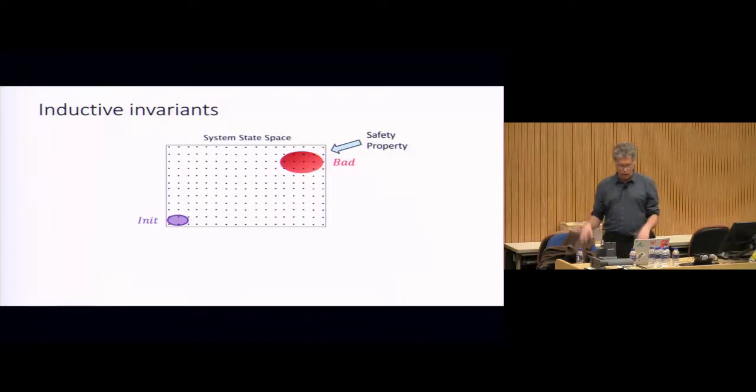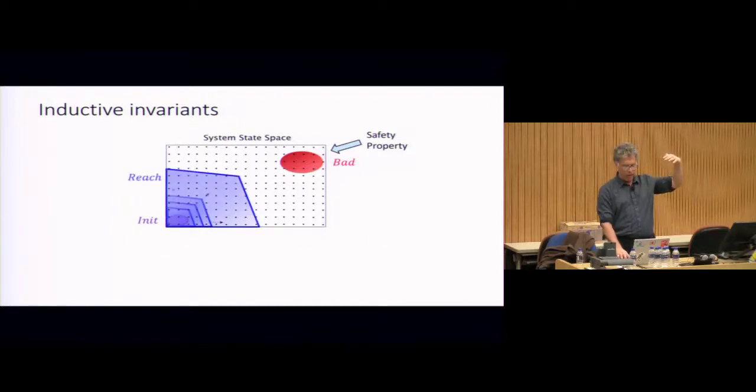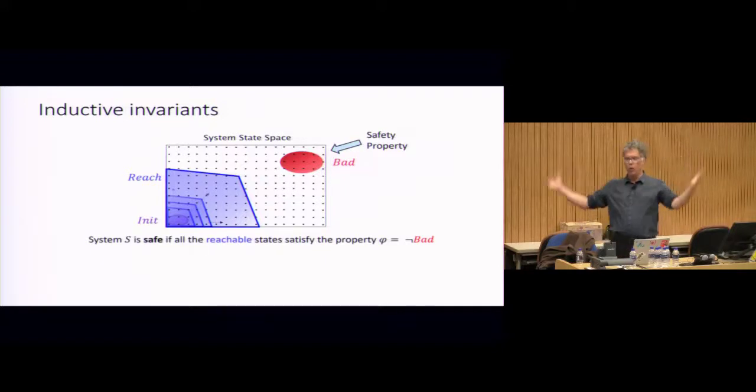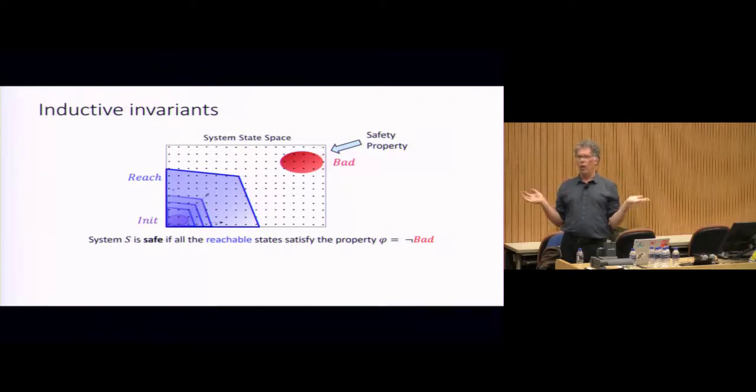So here's the idea of inductive invariance. The bad states, the states that I don't want to reach, like buffer overruns, are the red ones, and the safe set of states are all the rest outside of that red bubble. Now, I start my system off in an initial state. I start executing at main, and I take steps in my program. And if my program is safe, then the set of reachable states, the blue area, doesn't intersect with the red. Okay, and that's my idea of a safe program, but that's not a proof, right?